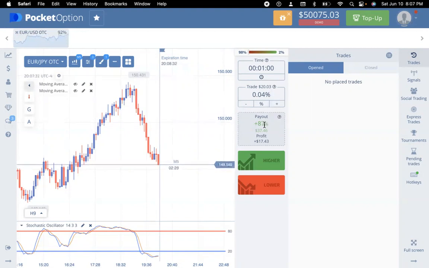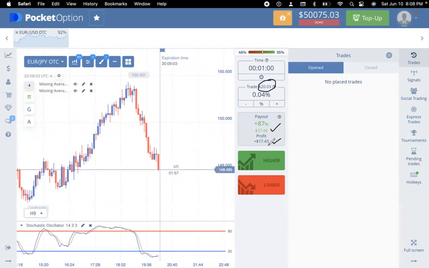Now, again, let's just go back to the payout. We can see that Euro JPY's current payout is about 87%. And what this means is that if we were to put $20 into this trade, which is our chosen risk because you're in control of this, with the 87% payout, this means that the total payout will be $37.46, but we're actually making